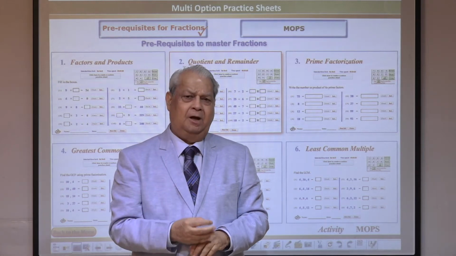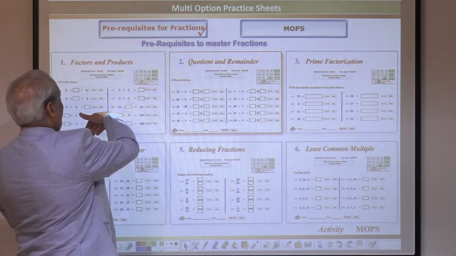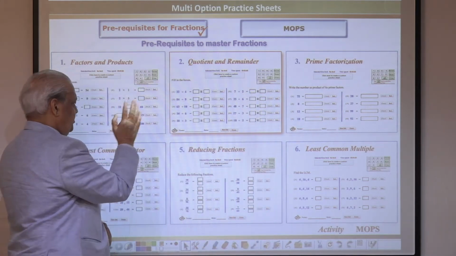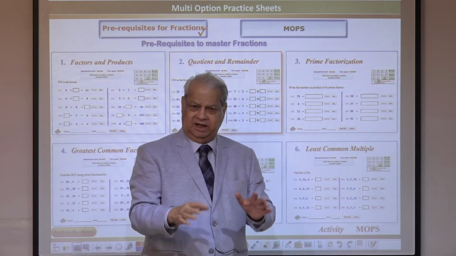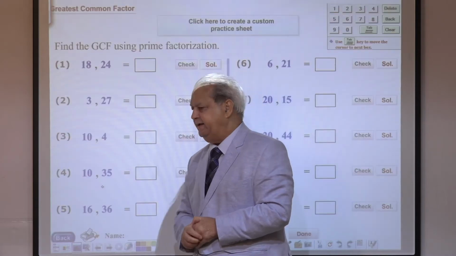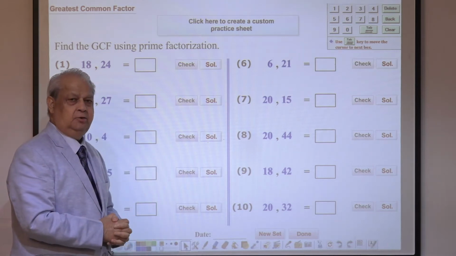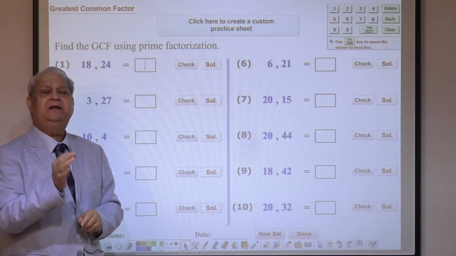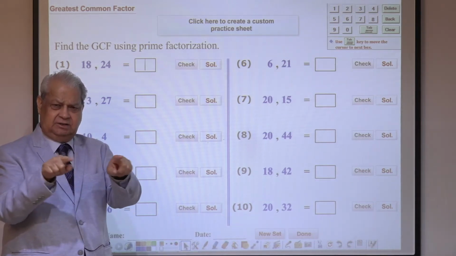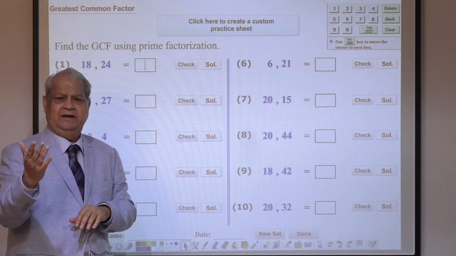Let me give you a small demo of how these are delivered. Say for example, these are around factors and products, quotient and remainders, prime factorization, greatest common factor, all those skills. Because they are delivered the same way, I shall only pick up one. Say for example, finding greatest common factor. You are given 2 or 3 numbers. You need to find the greatest common factor. Very sharp skill to reduce the fractions instead of changing each numerator and denominator into prime factors. You can find the GCF and cancel out and get the reduced fraction.